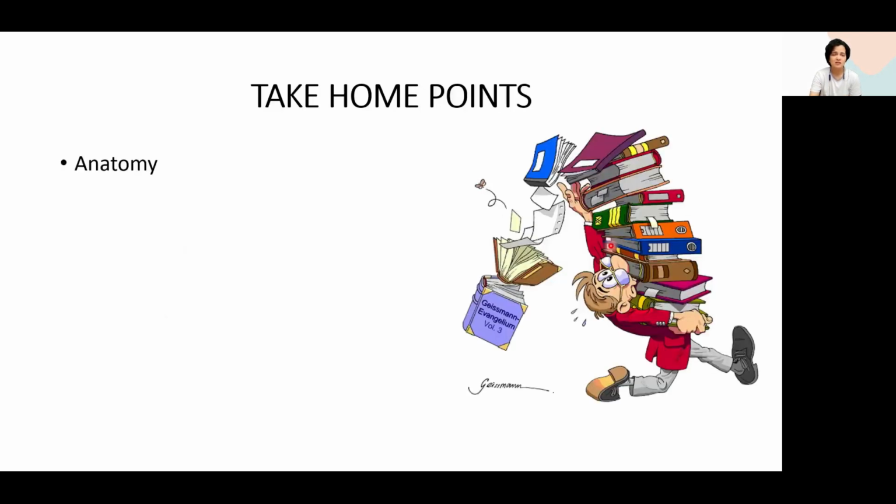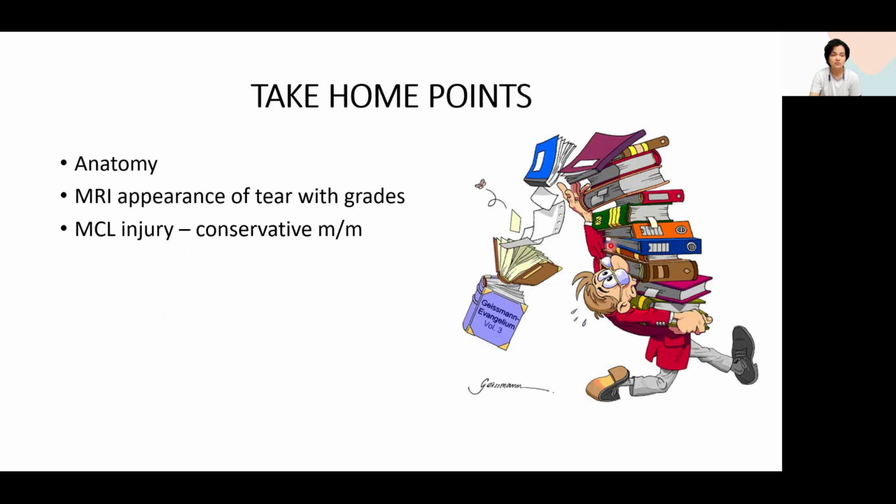So the take-home points are: we should know the normal anatomy, and we should know the MRI appearance of tears with grades. We should know that MCL injuries are often managed conservatively, and PCL injury is important to identify. Early detection is important, and if we are not able to identify them, the patient undergoes ACL repair, so the graft can